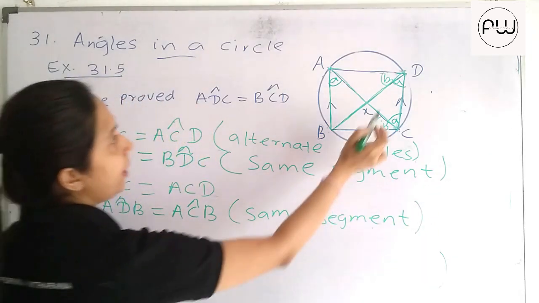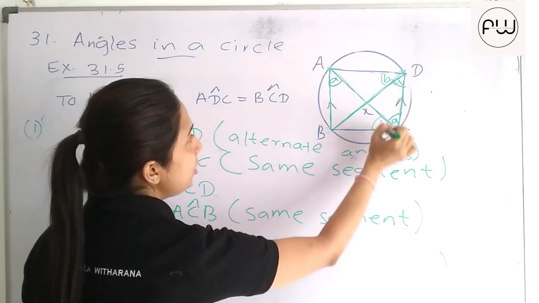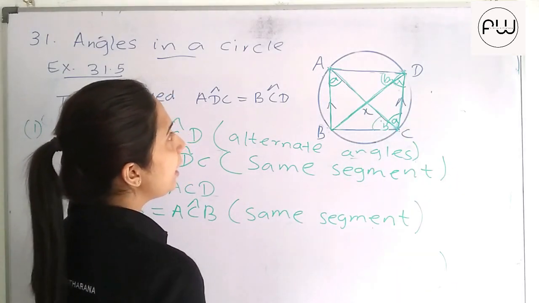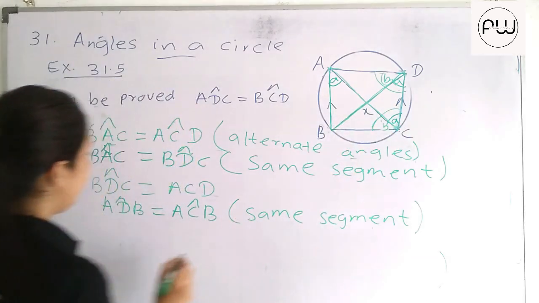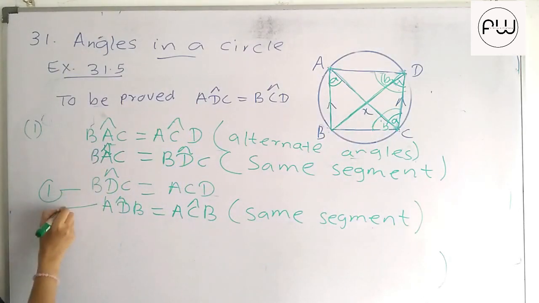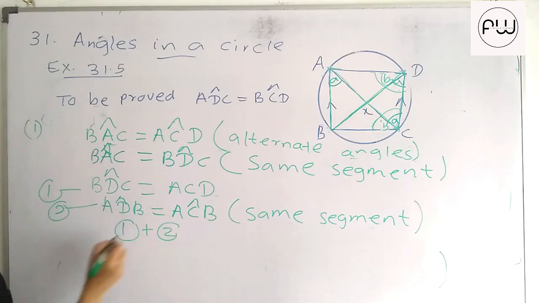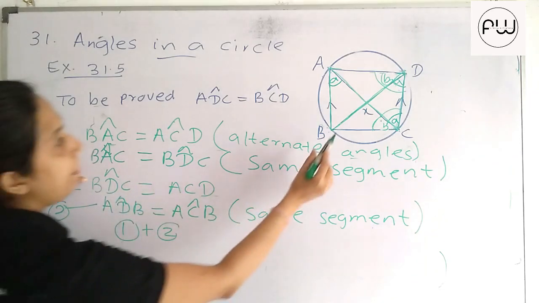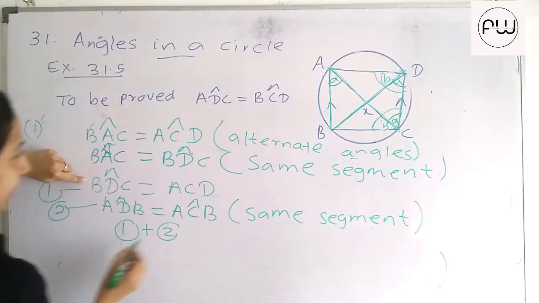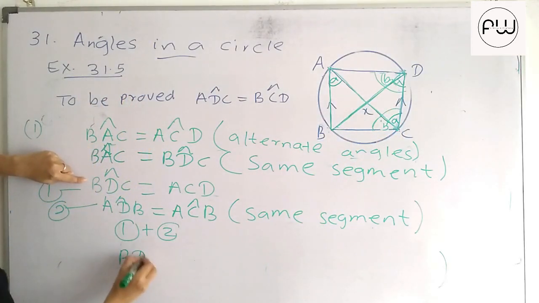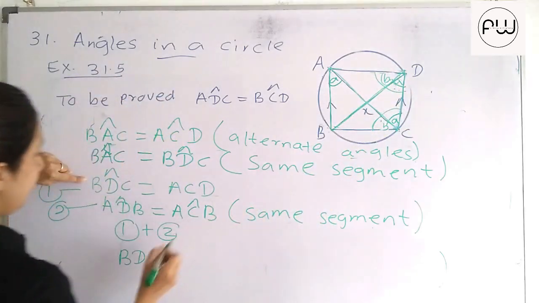Now, see this one here, A. These two angles are equal and these two angles are equal. Then we can write this whole angle equal to this one. Then let's put 1 here and 2 here. Now let's add these two together, 1 and 2. BDC, this angle, plus